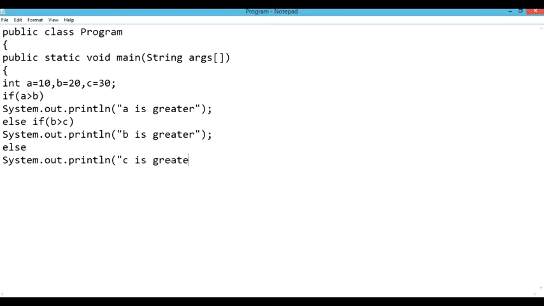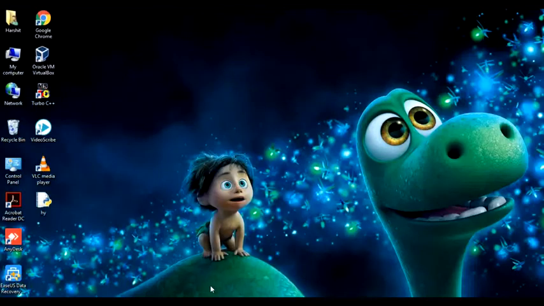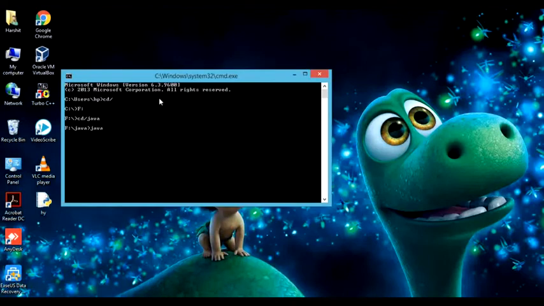In the else block, I have written no condition, because whenever we are using else, we do not write a condition. But if we are using an else if statement, we are writing a condition based upon that. So whenever I execute this code, I have already defined the numbers over there. So whichever number is greater, the output will be printed accordingly. As you can see in the command prompt, the number that was greater is printed in the output.